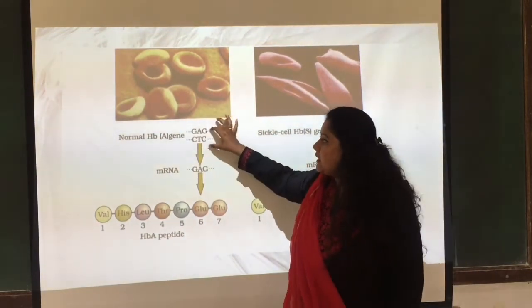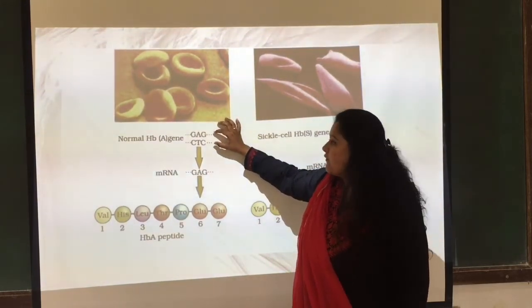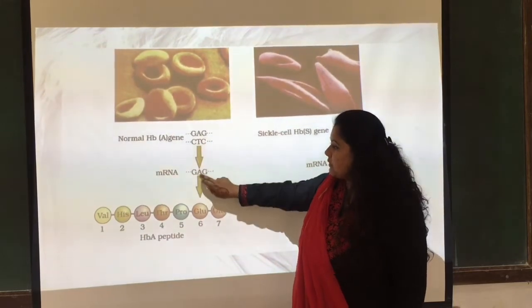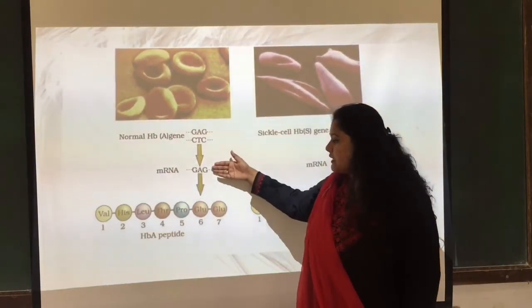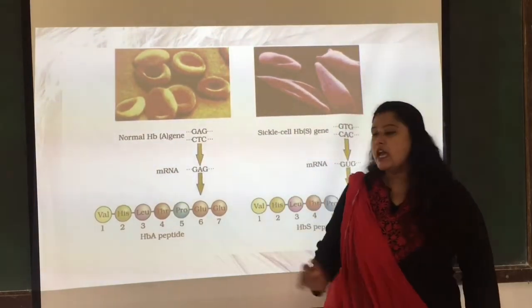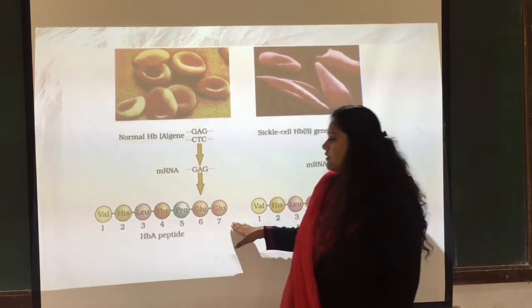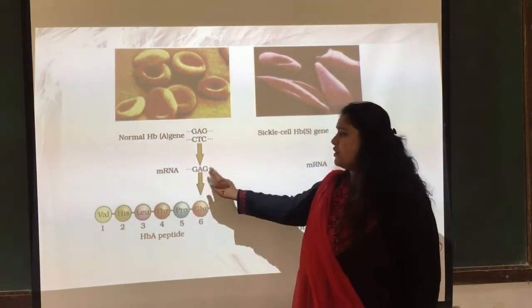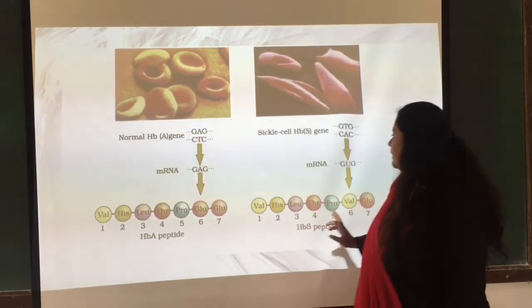This is the DNA. So from DNA, it forms another strand. From this, it forms the RNA. So G binds with C, A binds with T, and C binds with G. That means it is forming mRNA, and from this mRNA, it is forming a protein, that is a chain of peptide. Now this is the peptide, right? A total of 7 positions have been observed. But in this, GAG is forming the glutamine, right? But here, instead, what happens?